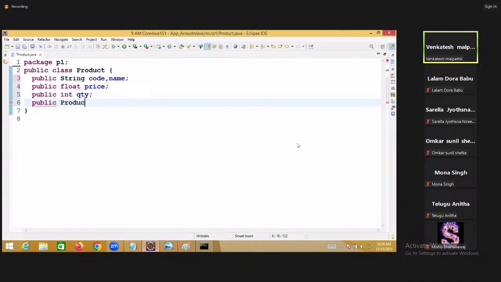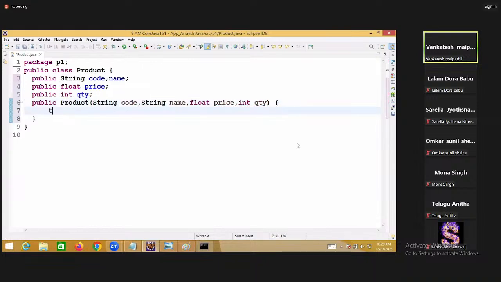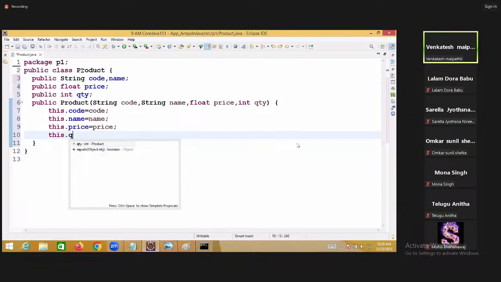Public Product(String code, String name, float price, int quantity) { this.code = code; this.name = name; this.price = price; this.quantity = quantity; }